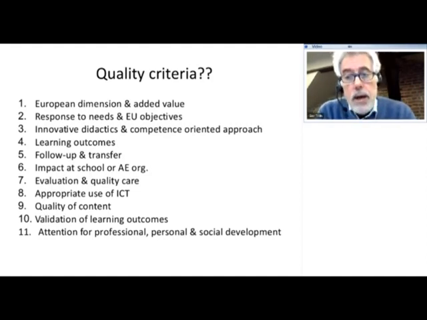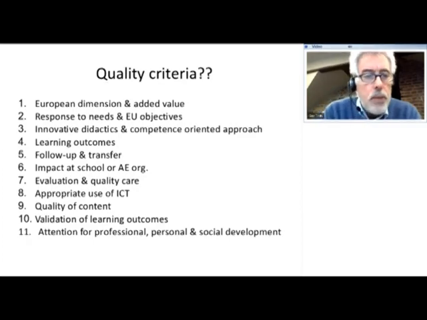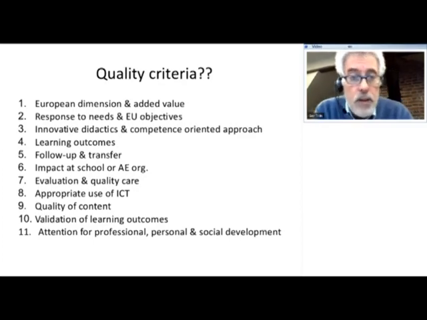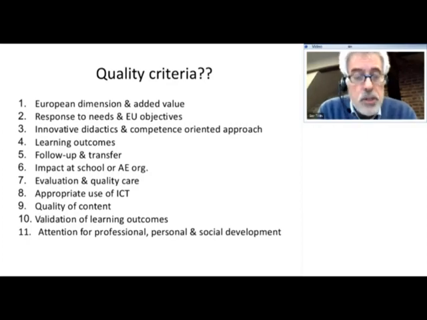And that's up to us to fill in these requirements of quality European course. So what's the added value of a European course? First of all, I think the added value will be that as a participant you come into contact with trainers from other countries, that you meet,